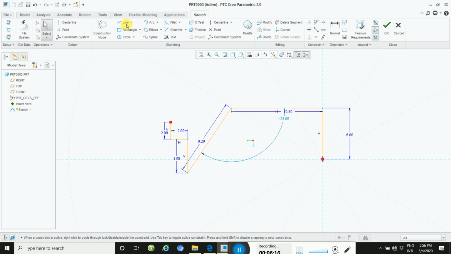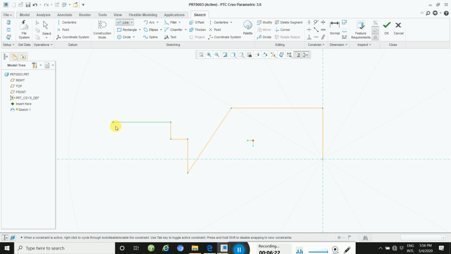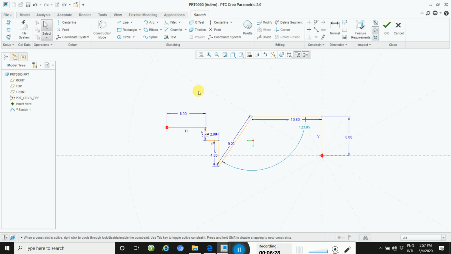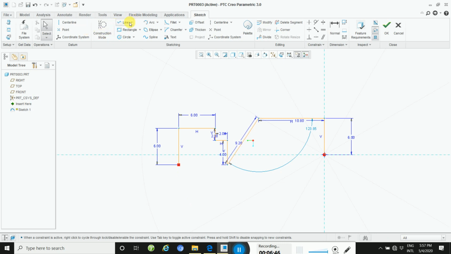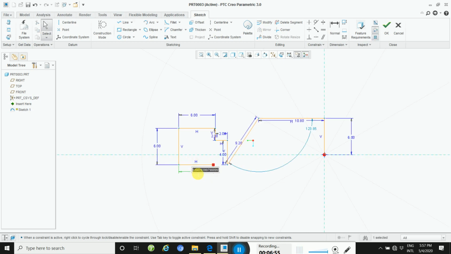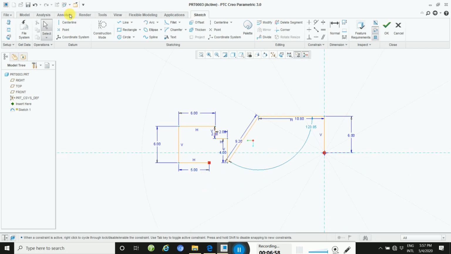Then draw a line this way, 6, and then take the dimension 6. And then here a 5 mm line.